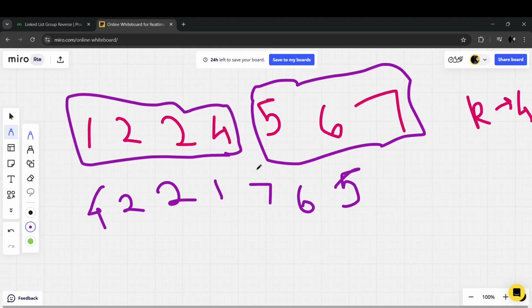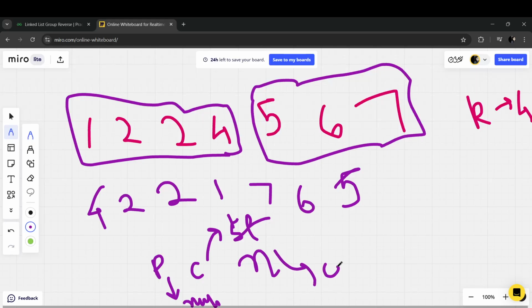The only addition to this is that the previous question, on 18th January on LeetCode, was like we had to reverse the complete list, and here the only addition is that our k value is given. So basically we will be using previous, current, and next. Our previous will be pointing towards null, our current will be pointing towards the first value, and my next will be pointing towards current's next value.